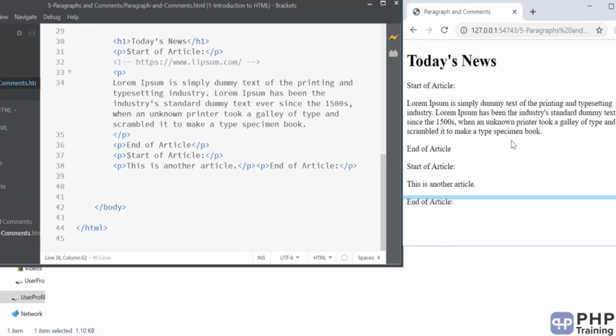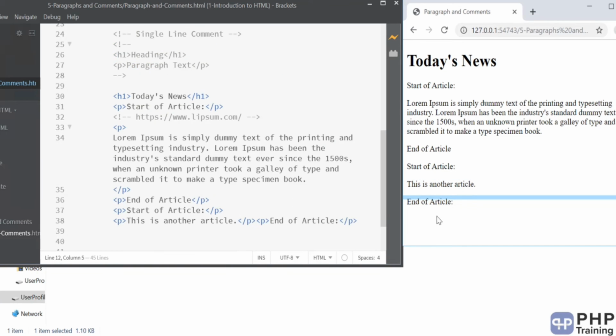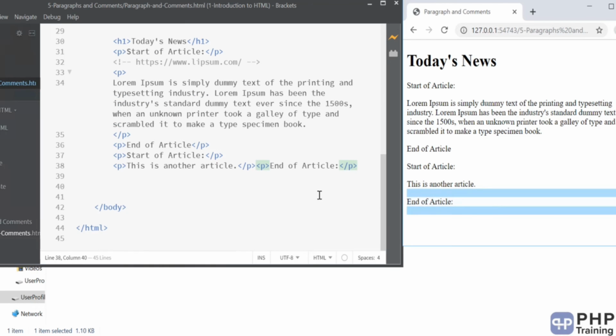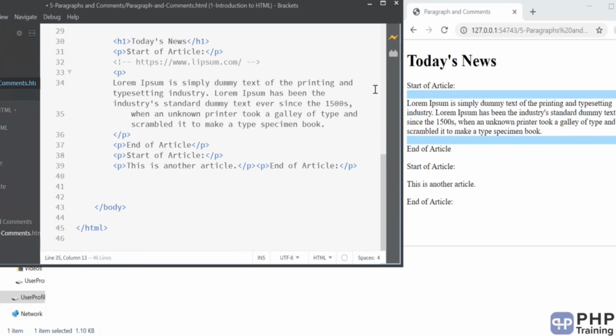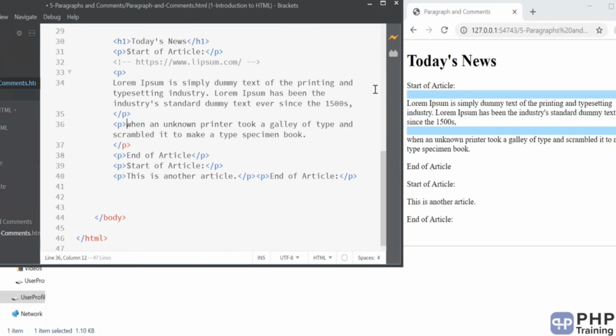By default the browsers add a new line for your paragraphs. Like a heading has a new line, even a paragraph has a new line. So you have to be careful when you deal with paragraphs. If you really want a new line, then you go ahead and add paragraphs. Let's say you want to add a paragraph maybe after 1500. Simply say end of the paragraph, start of the paragraph, and that's all. You get a new line here.